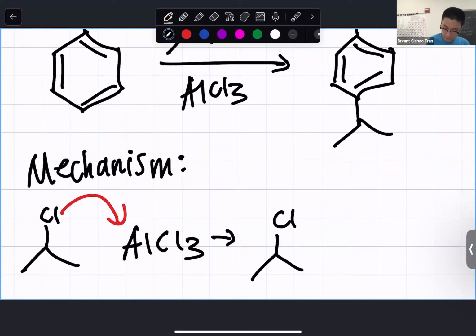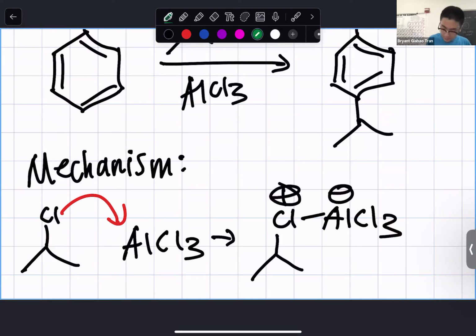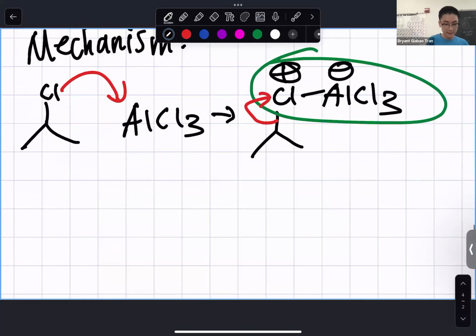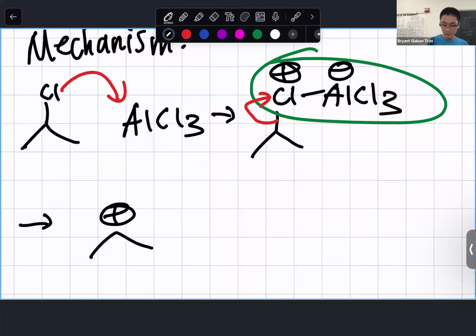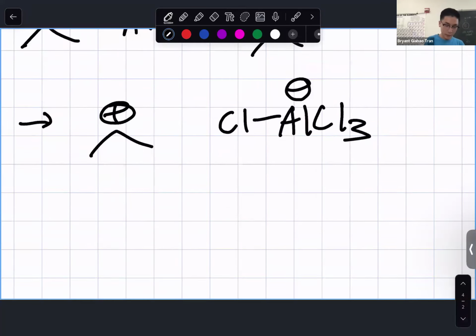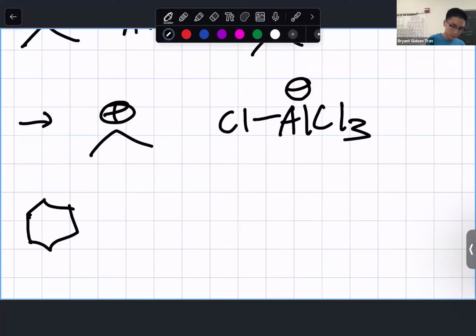The Cl here becomes a good leaving group. That good leaving group is just going to leave by itself. Think of it as an SN1 reaction now, where we're going to form a carbocation there, right? And the good leaving group that left becomes this right here, where the aluminum with 4 bonds still has a negative charge. Now our benzene ring with the methyl, toluene,